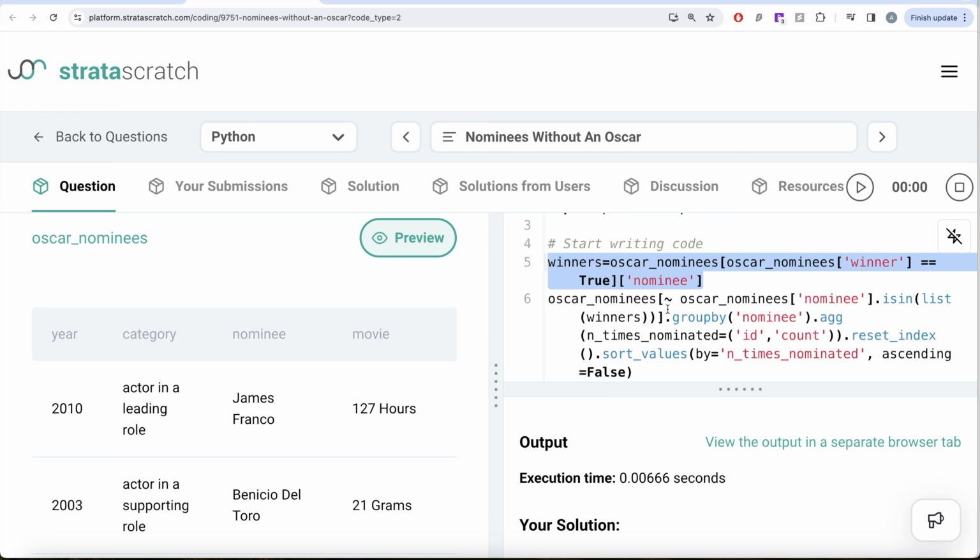Once you have that data, you simply group by the nominee, create the column called number of times nominated, and then take the ID column and count. That is going to tell you this person was nominated this many times but never won. Then you reset the index and sort values by number of times nominated in descending order. So yeah, this is how I do it.